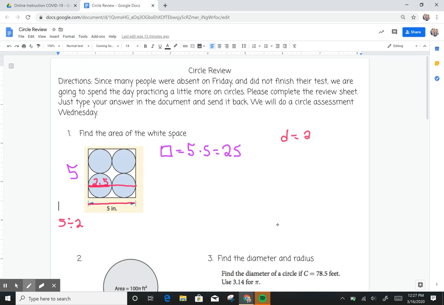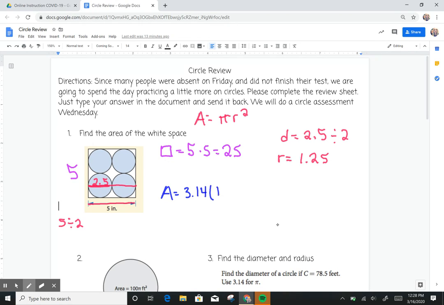The diameter is 2.5. Well, I know if I want to find the area of a circle, I'm going to use the formula pi r squared. So I had to find what the radius of one of these circles is. The diameter is 2.5, so what's half of 2.5? If I divide that by 2, I get 1.25. Now that I know the radius of one of these circles, I can find the area. So the area would be